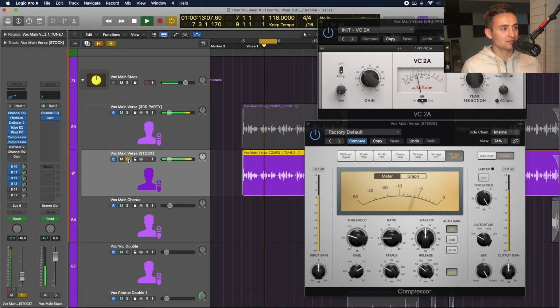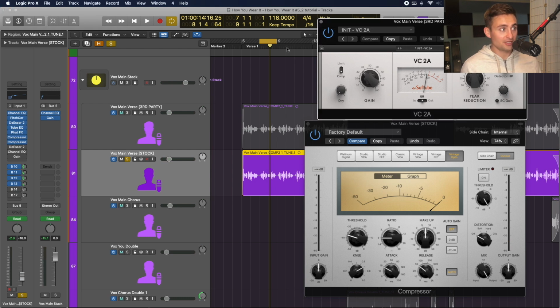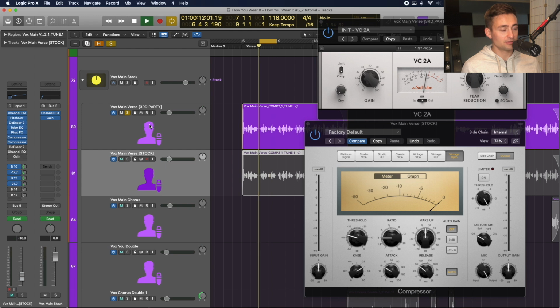I'm getting a little more grit on that. I'm hearing a little more grit on that third-party plugin version. Just listen for it again, and we'll probably add some distortion here